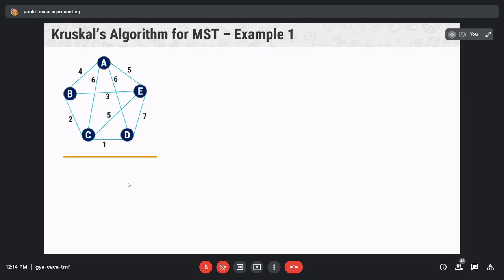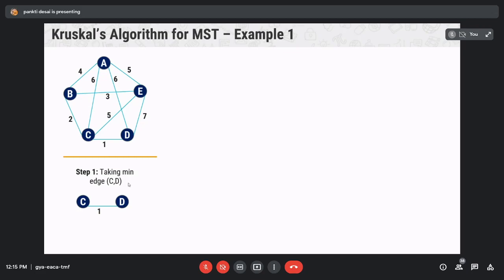A, B, B, C, C, D, CD. B, C, D, right? So taking minimum edge CD, right? Now after CD, which edge has minimum weight? Because in Kruskal's algorithm we select the edge with optimum weight, right? And it is not compulsory that the selected edge is adjacent to the previously selected edge, right? So we can select any edge which has minimum weight, right? So first we select CD, then